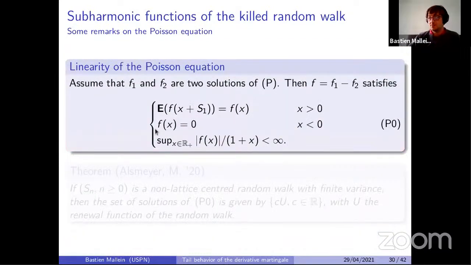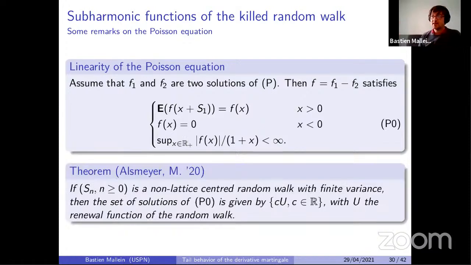So the difference f1 minus f2 satisfies the two equations. So the expectation of f of x plus s1 is equal to f of x for positive values of x. f of x is equal to 0 on the negative half line, and f also has at most linear growth. And the set of such functions, so the functions that satisfy the three conditions P0,